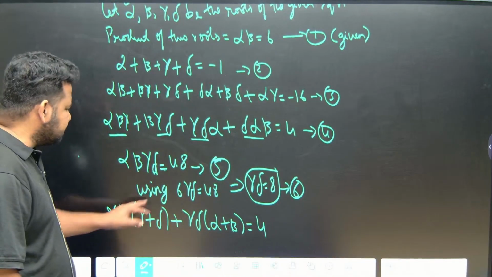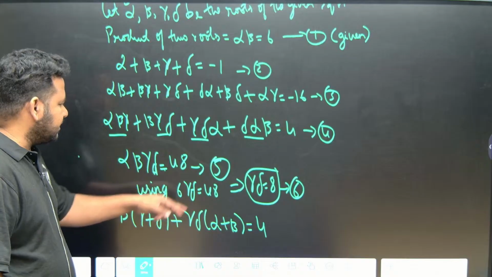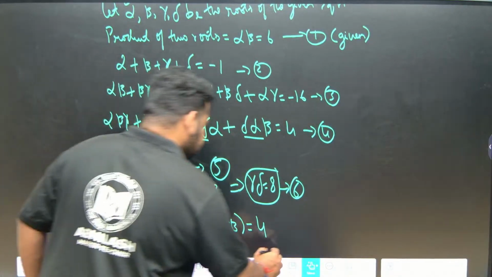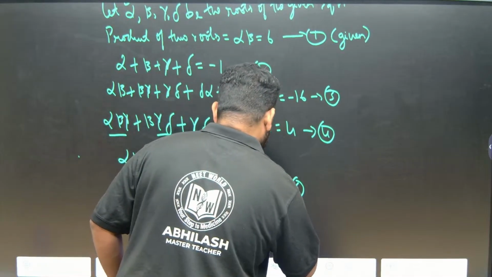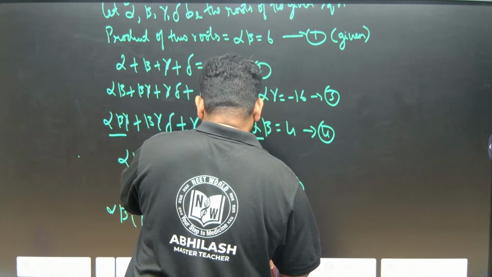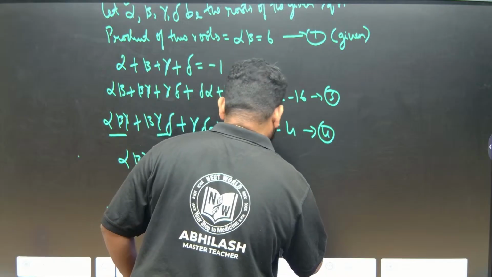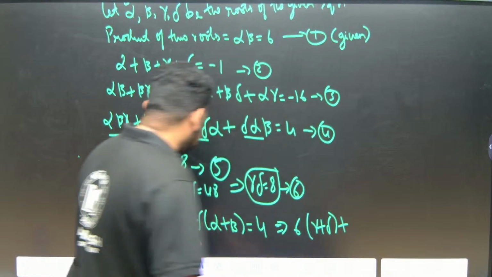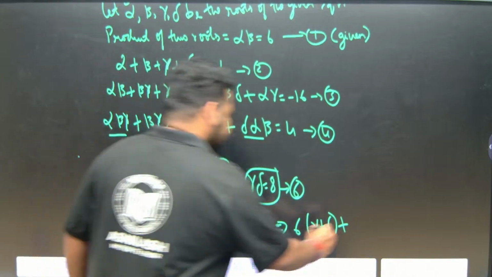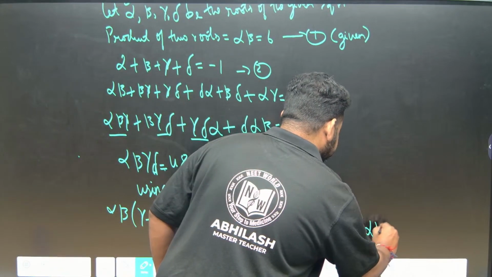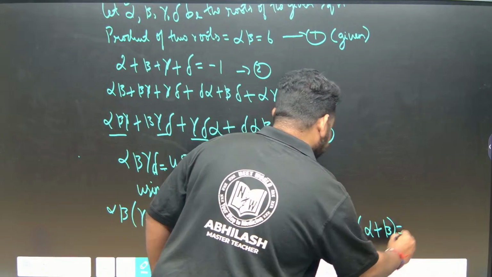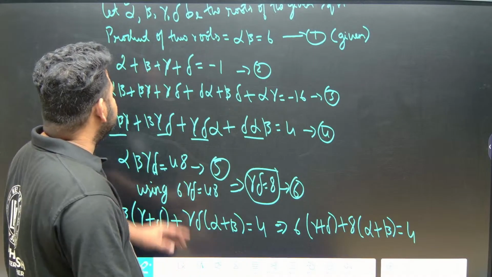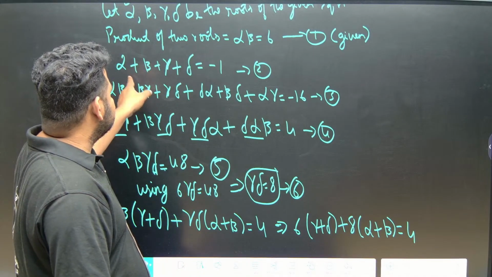But we know alpha beta is equal to 6, and gamma delta is equal to 8, just put the values. This implies alpha beta is 6, into gamma plus delta, plus gamma delta is 8, into alpha plus beta, that is equal to 4. Now see here, from equation 1,